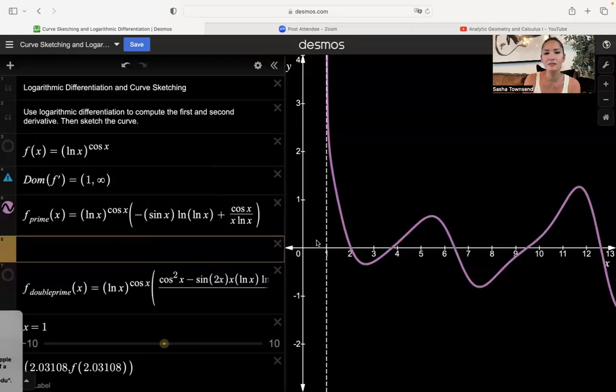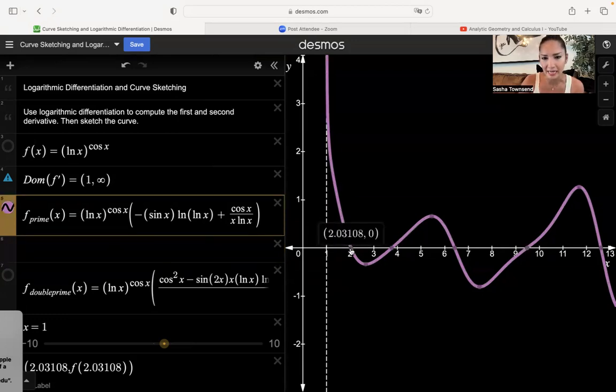Well, remember the zeros of f prime correspond to potential relative extrema. So I've got an x value here at x equals 2.03108. That's where f prime is 0. And then we've got another one at x equals 3.76136. And then we have another one, and then another one, and then another one. So we actually have 1, 2, 3, 4, is that 4, 5 points that correspond to relative extrema of the